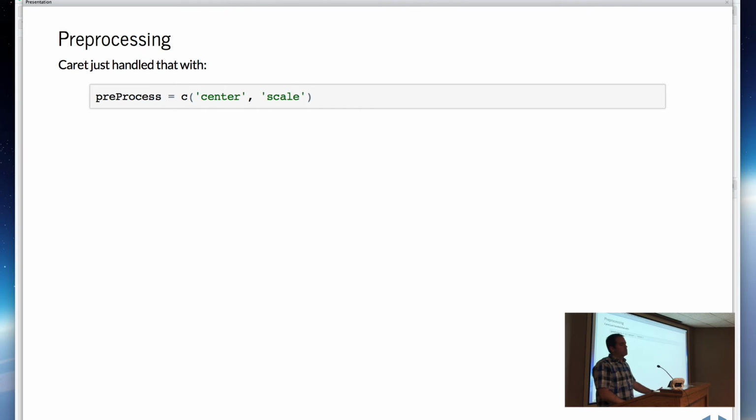Once you've done that, you've got to save the translation for that per column, because that's going to be different for each column. Caret handles all of this for you by building it into the model in the pipeline. So when I say preprocess is center and scale, any new data I run through that model is going to be centered and scaled with the same parameters that were determined from the original set.